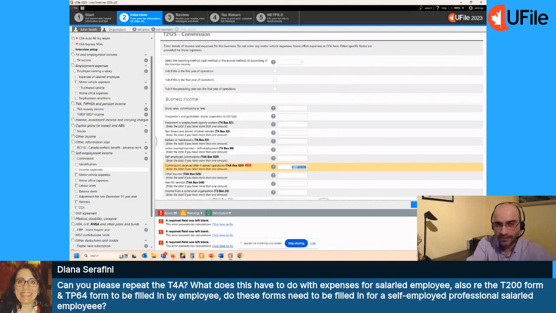Now, when it comes to employment expenses, you really have to go to the guide and see which expenses are allowable, because the government is much stricter when it comes to employees. You have to check which expenses are allowable and which ones are not. Now, the forms that you're quoting are actually the T2200 and the TP64.3 in Quebec. These are the forms where the employers are signing off and allowing you to claim those expenses on your tax return, because they're confirming to both levels of government that you did have expenses that they did not reimburse you for, and therefore you can claim those expenses under employment expenses.